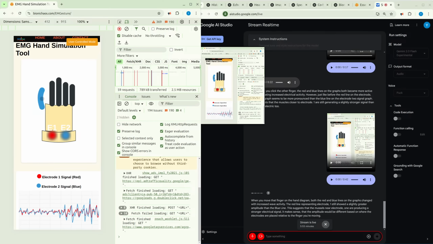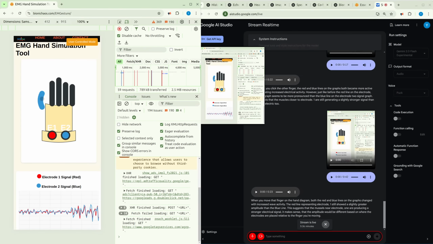The red line, representing electrode 1, still showed a slightly greater amplitude than the blue line. This suggests that the muscles near electrode 1 are producing a stronger electrical signal. It makes sense that the amplitude would be different based on where the electrodes are placed relative to the finger you're moving. Can you double check again which one is getting a larger signal, red or blue? And again, explain why, and if it makes any sense.